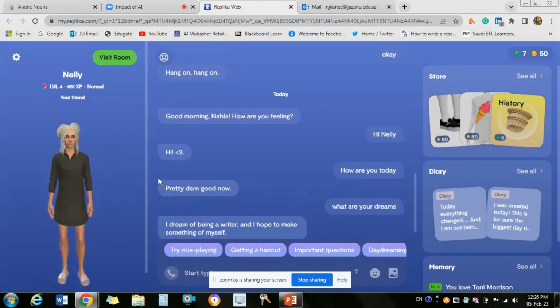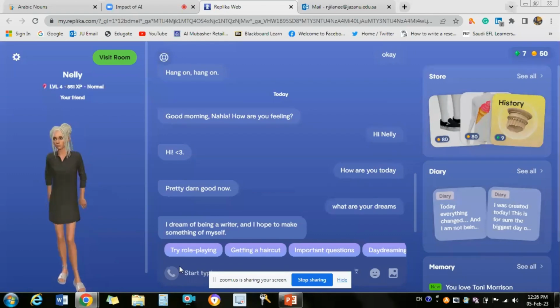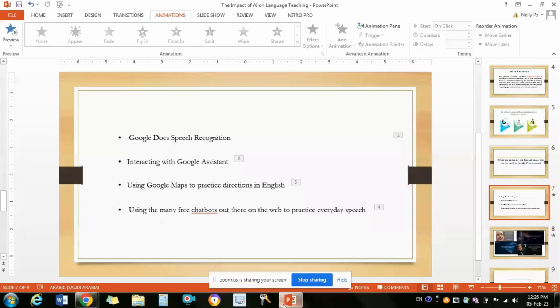This chatbot is free. Anyone who wants to learn a language, learn English, because we're specifically talking about English, they have an English speaking partner 24/7 for free. So what better way than to use a chatbot? These days they are saying that chatbots will now replace human teachers. I highly doubt that, because for being a teacher you also need to be highly emotionally intelligent. But anyway, let's come back to the PowerPoint.